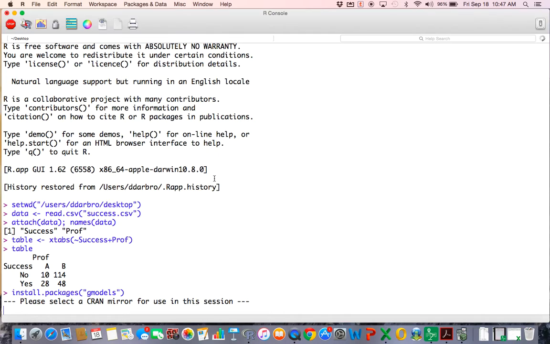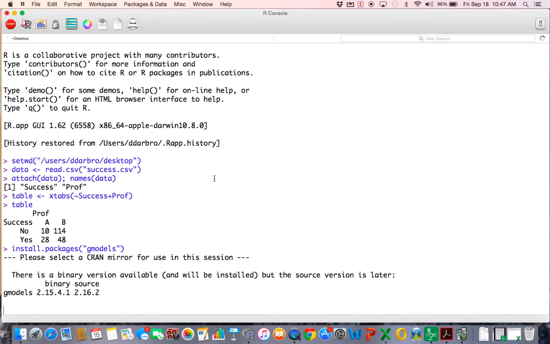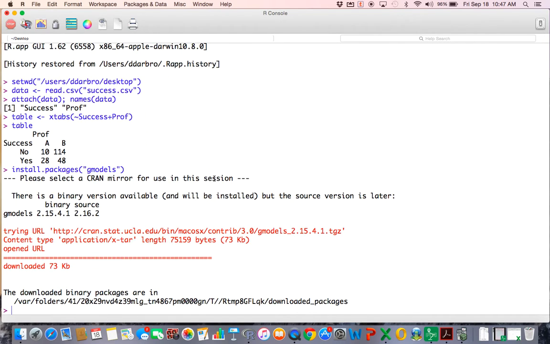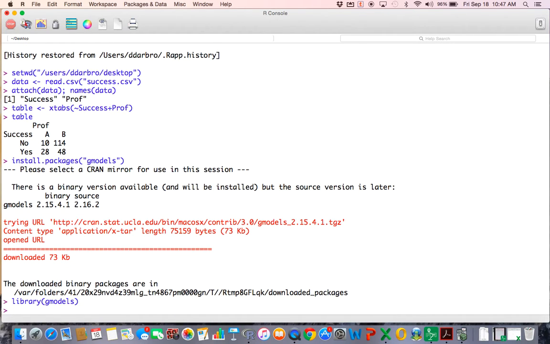That's the UCLA folks. I like them. I've never met them, but I think they do. Well, let's just put it this way, it works. And then let's access the library for gmodels, and life is good. All right, now, I don't know if life is good, but